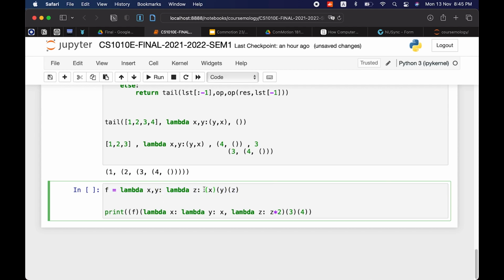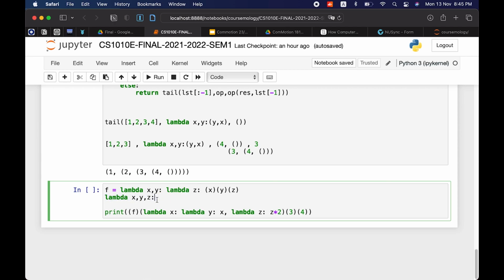It's a higher order function. The point of this representation is that instead of putting x, y, z and then doing this at the end, it's a bit more flexible later, because you can choose your inputs of z more carefully.